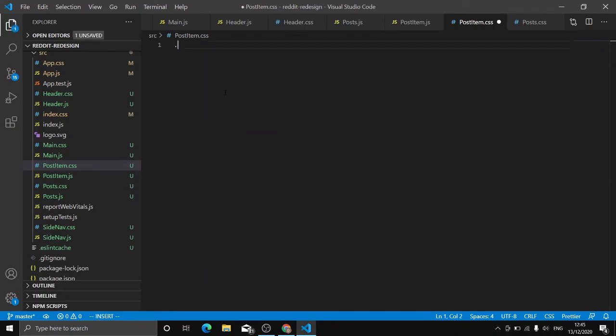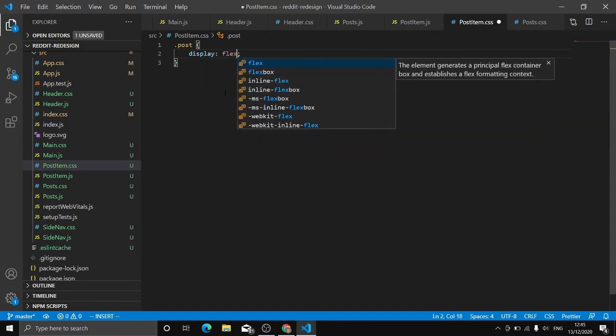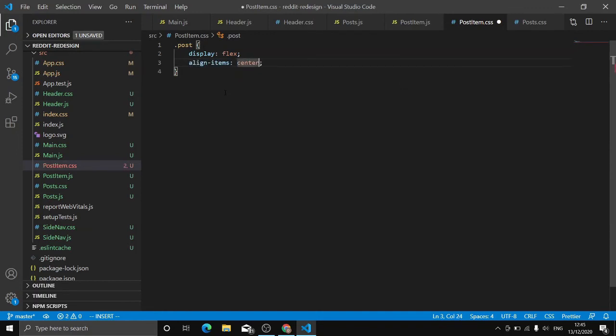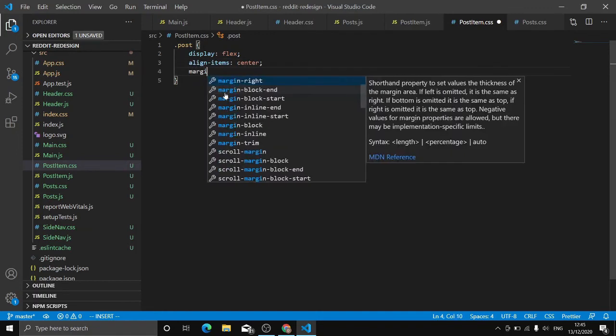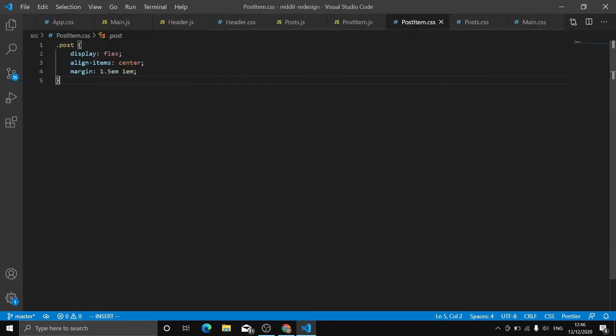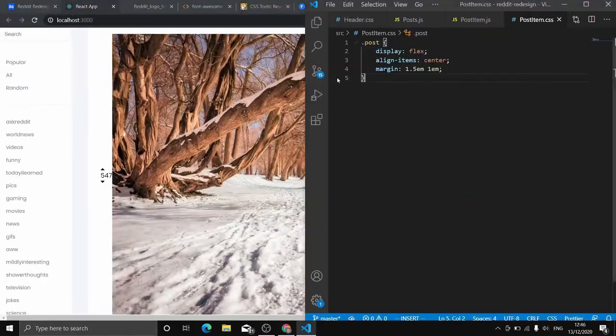First, let's do .post. Display we want to be flex, and align-items we want to be center. And then margin as well, we need some margin, 1.5. Save. Okay, let's look at it side by side. Okay, that's cool. In the post left,